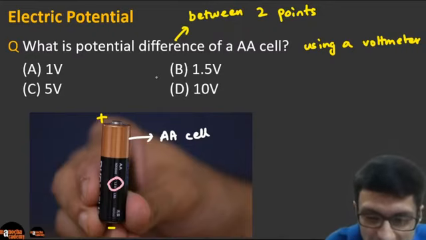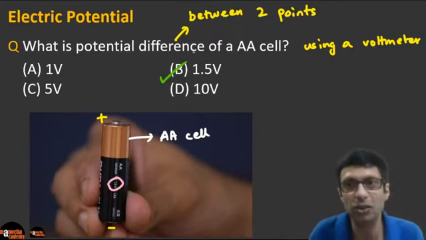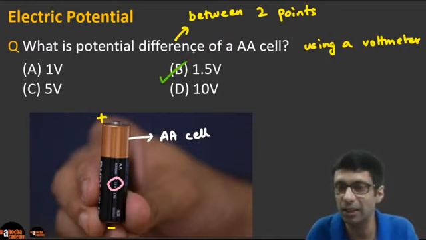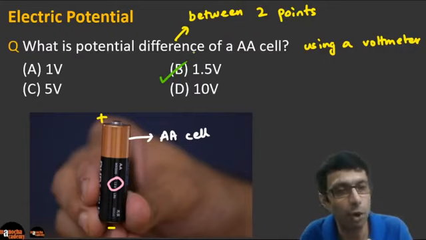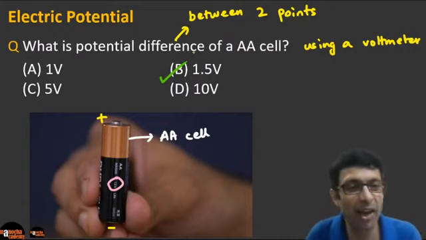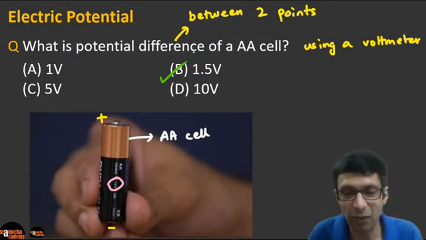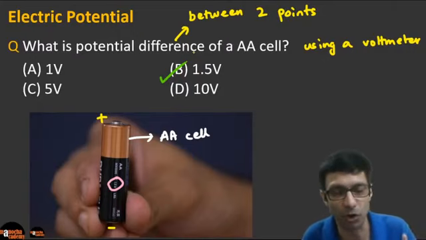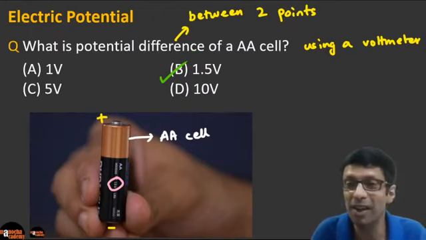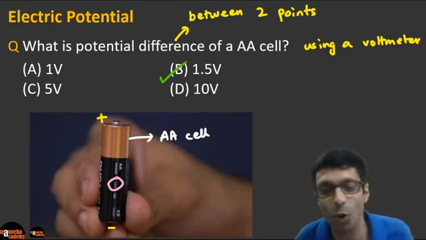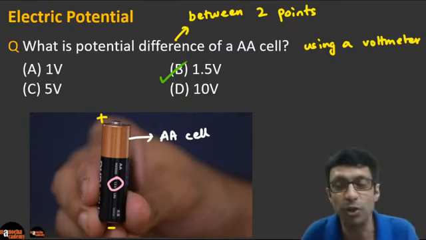The correct answer is 1.5 volts. Please check. Even in an AAA cell, the thin cells, the AA and AAA are all 1.5 volts each typically, right? Absolutely very good. Some of you got it right. So the electric potential or the voltage that this cell can supply is 1.5 volts. Awesome. Correct answer. Fantastic, guys. Please remember, and I encourage you to pick up a cell at your home and check the value. You'll see it's clearly written there, 1.5 volts.